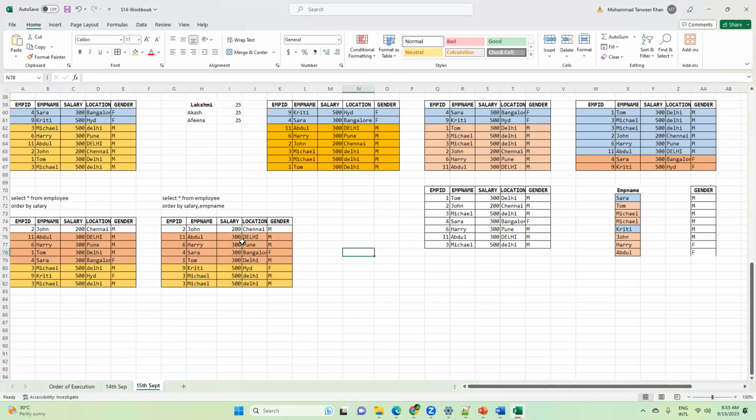So you could see here, they all have the same salary. Now, if Tom asks me, Tanvir, why did you keep me after Abdul, Harry, and Sarah? So what will I tell? It was sorted by the employee name. We will tell that because here we are sorting based on the employee name in ascending order. This salaries for Abdul, Harry, Sarah, and